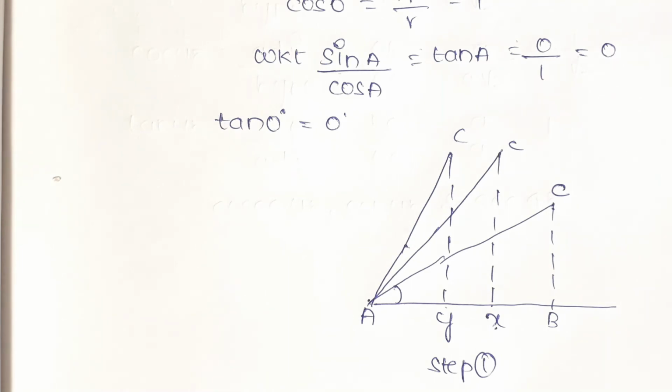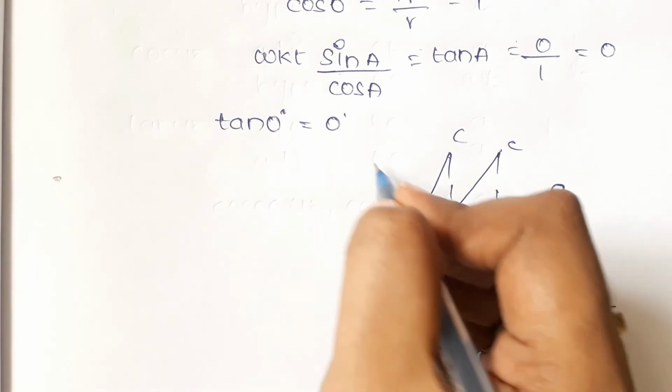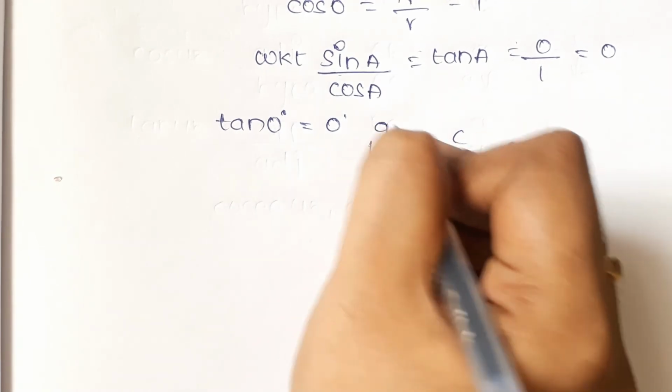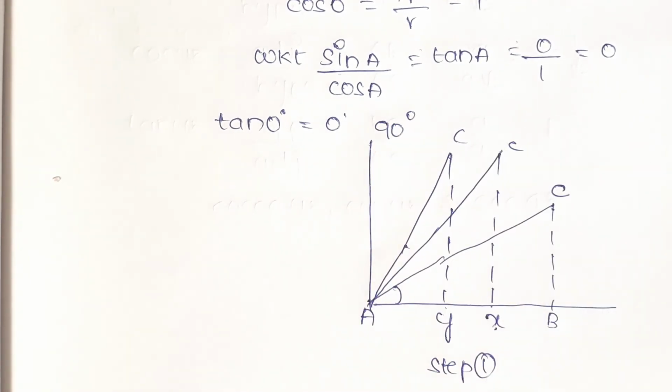And now the angle gets continuous increment, and at one stage the angle will reach 90 degrees, and this is the 90 degrees angle. And now when the angle becomes 90, then the base would become 0 and the height will increase and it would be equal to AC ray. That is AC ray length, we know that already AC length is r.